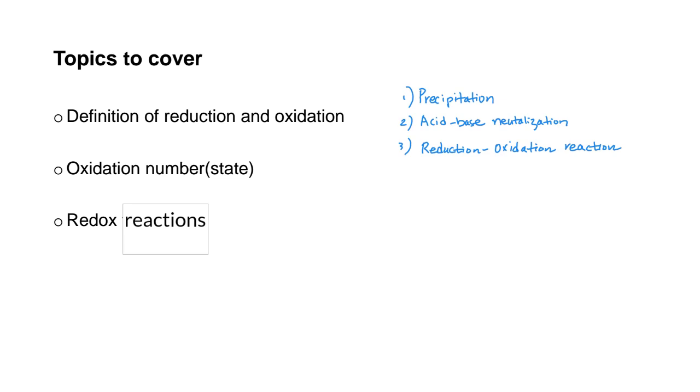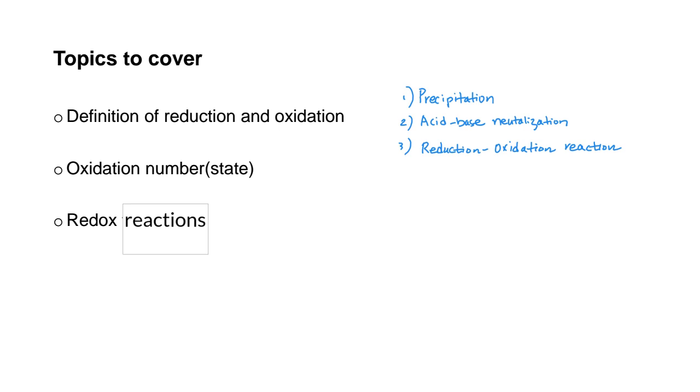So in this chapter, we learn about several different types of chemical reactions. First, precipitation reactions, and secondly, acid-base neutralization reactions. Finally, I want to talk about reduction-oxidation reactions, and we are going to use three different definitions